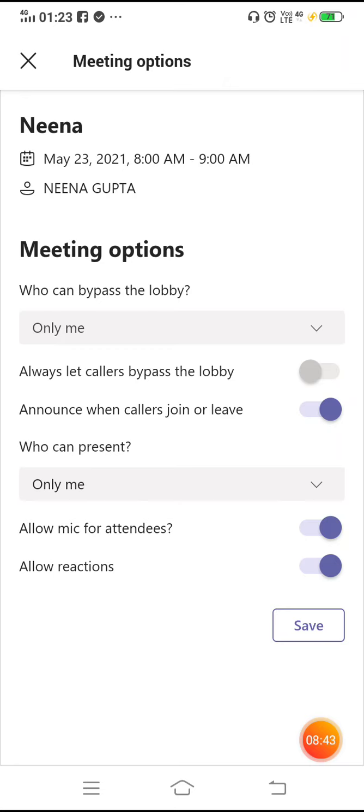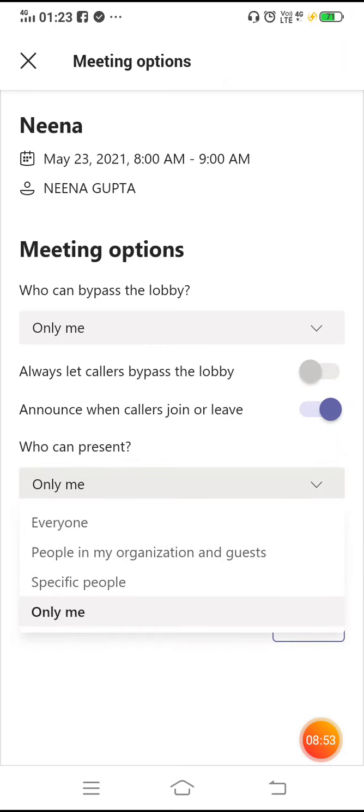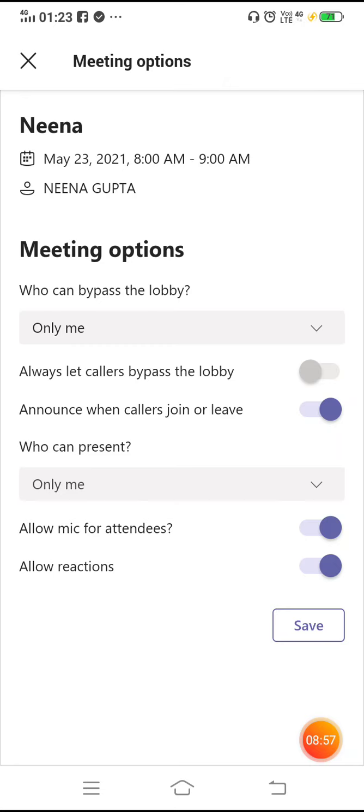Then there is one more question, who can present. Here also on the right side we click, and on the bottom line we get only me, and we select only me. So no one can start our meeting, no one can enter our meeting without our permission, and no one can share anything in our meeting.